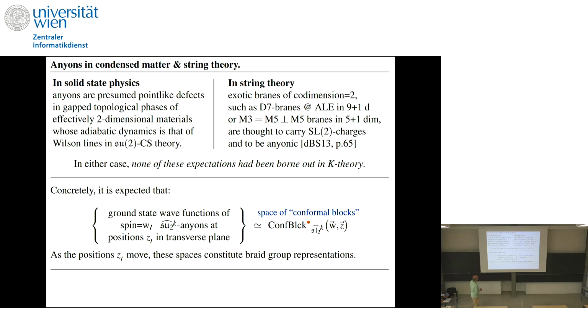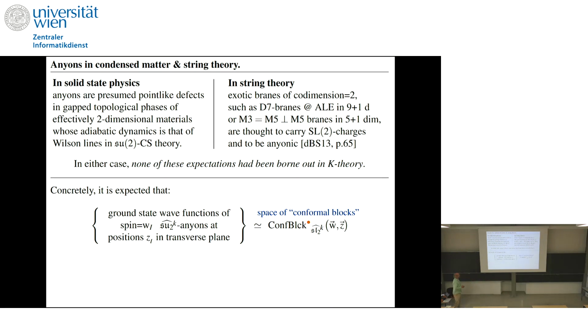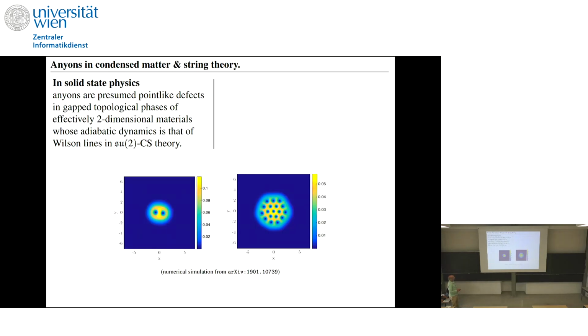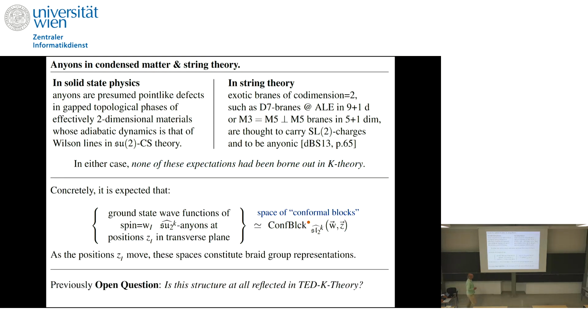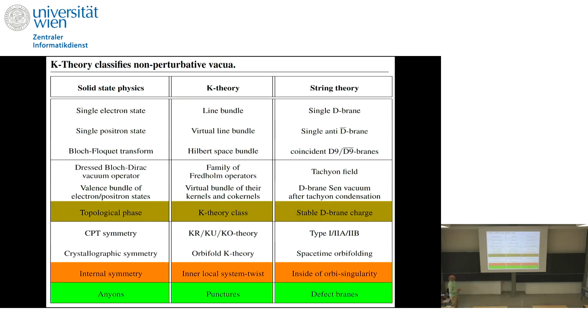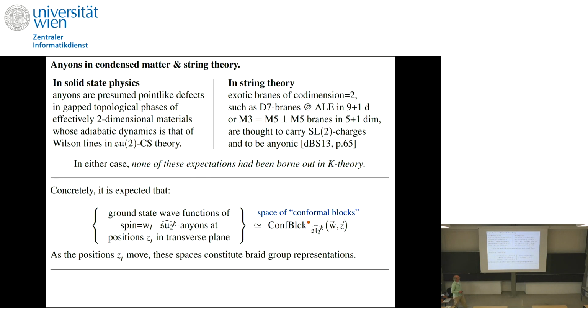One precise formulation is that the ground state wave functions of such anionic states with a number of punctures should be elements, should be conformal blocks actually, of the correspondingly punctured sphere for the SU2 affine algebra or SL2. And these conformal blocks are, of course, famously known to exhibit monodromy in braid group representations as you move the positions of these insertions. So if we just accept this as a black box for a moment, then the question is, where in K-theory